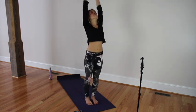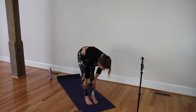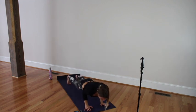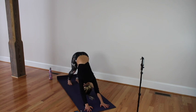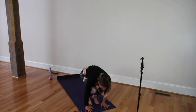Inhale, sweep the arms up. Exhale, dive forward. Inhale, halfway lift. And exhale, plant the hands. Hop it back. Squeezing the elbows nice and tight. And inhaling to up dog. Exhaling to down dog. You can take one breath here before inhaling, coming up on the tippy toes, and sending your weight forward, releasing